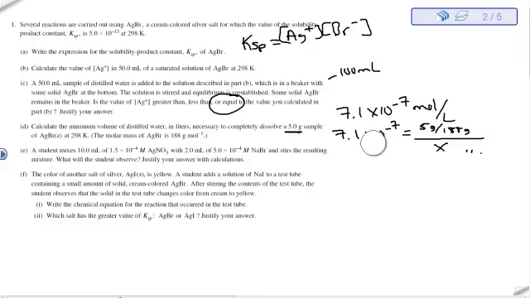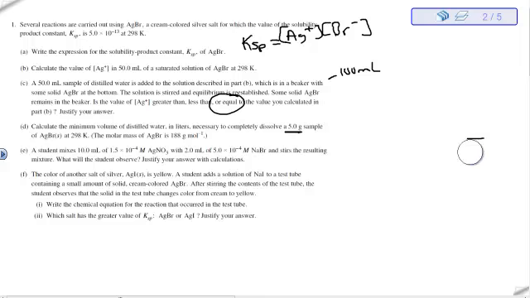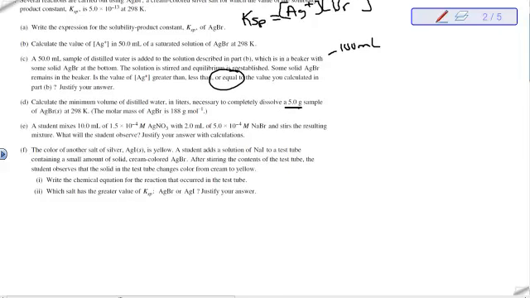Going on to part E, we see that a student mixes 10 mL of 1.5 times 10 to the negative fourth molar and 2 mL of this, and stirs it. What will the student observe? Okay, well, this is an issue of precipitation. So we're going to determine the moles of silver, the moles of bromide, the sodium and nitrate are spectators, and we're going to determine if the product of their concentrations is equal to, less than, or greater than K, and make a judgment. So 0.01 liters times 1.5 times 10 to the negative fourth molar